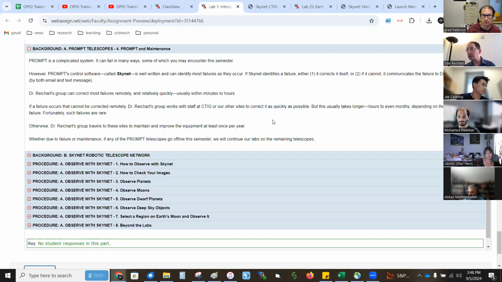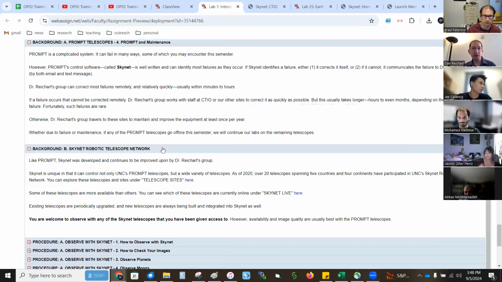And sometimes something's broken and we have to send it back to the vendor and the scope can be down for months. So that's why when they submit their observations, they almost always want to use many telescopes, like all the prompt telescopes available to them, or if they're really desperate, all the telescopes available to them, because some will go down for maintenance or weather or whatnot.